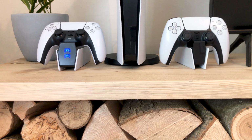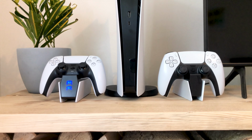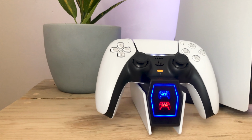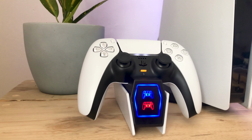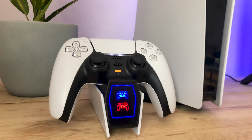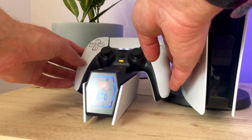Now that both the docks are set up and ready to go, let's talk about the features, starting with the OIVO dock. So one of the things you'll notice straight away with this dock is that it features this LED screen on the front. On the screen you'll find two controller icons, and these light up blue when the controller is fully charged or red whilst the controller is charging. There's also a blue strip light around the outside of the screen, and this actually pulses while the controller is charging. It's pretty handy having this display on the dock as it's immediately obvious whether your controller is charged or